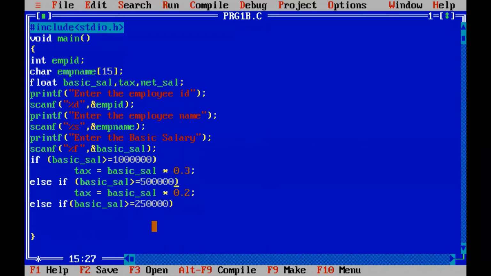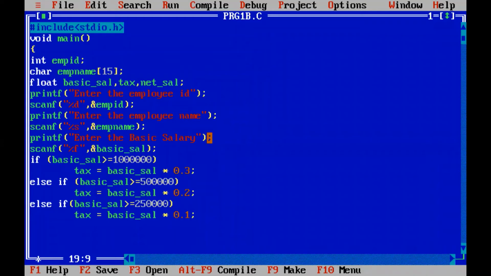Now it is correct, no? 2,50,000. You should tell me if I make a mistake. Then tax equal to basic sal multiplied by 10%, 0.1. Correct.